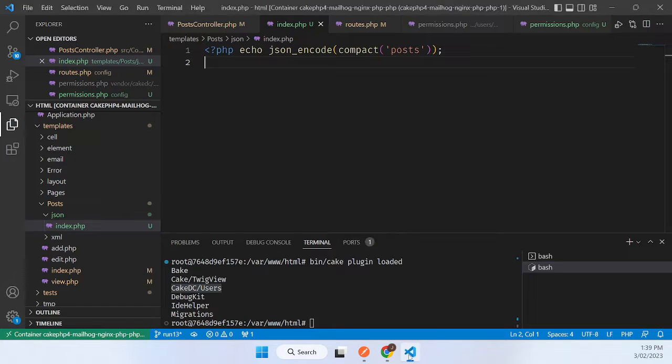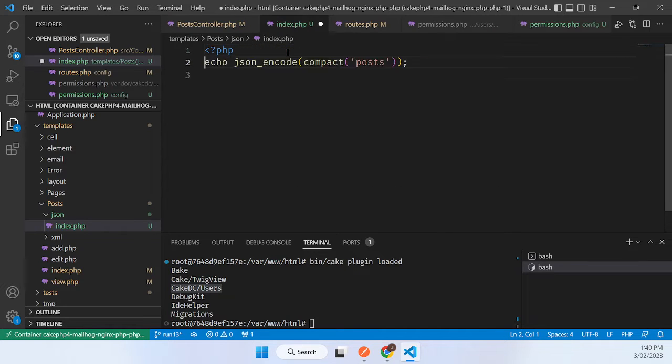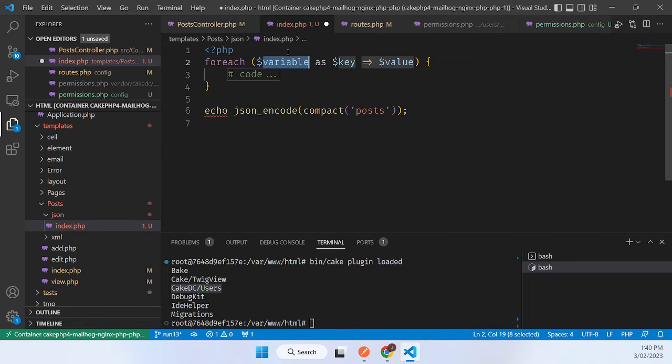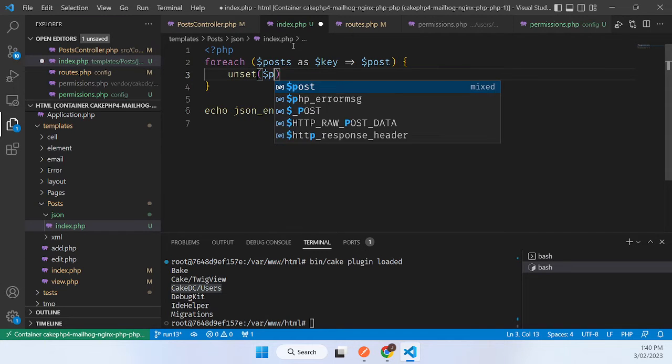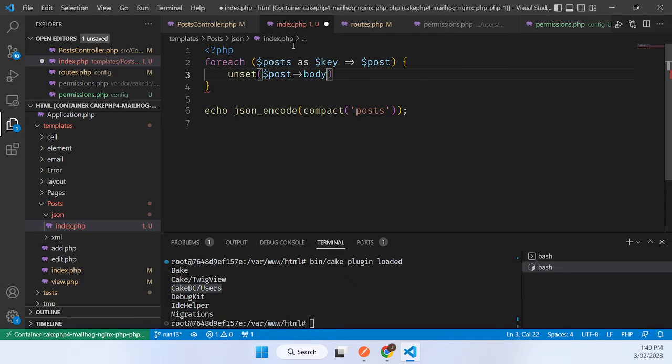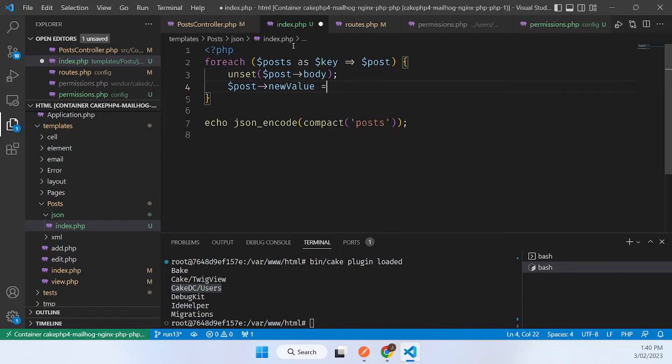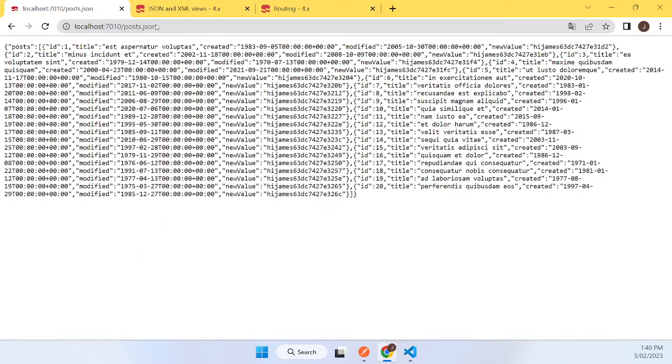You can, of course, start to modify things before you echo it to screen. So if you want to do a foreach posts as, and you can unset maybe body, maybe you can even add new value equals. Alright, so you can do that, and so read a structure,